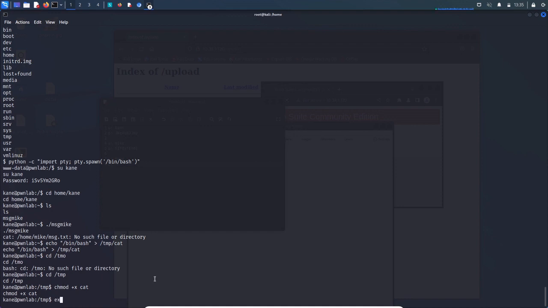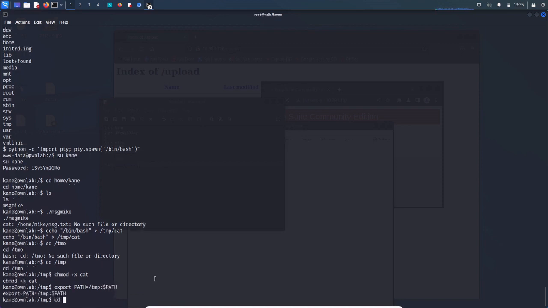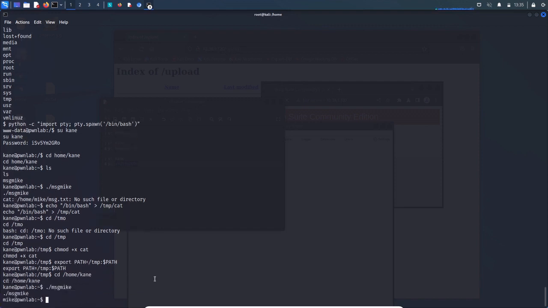Sorry, I have to change the environment variable as well. So I'm going to import path, export PATH equals /tmp colon, and then what was there before, so $PATH. Then I'm going to go back to home Kane, and then the message Mike, and there we go. So now it worked. So basically, what I did was I put this command /bin/bash